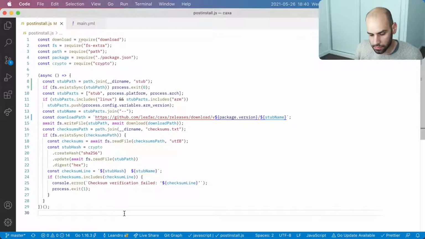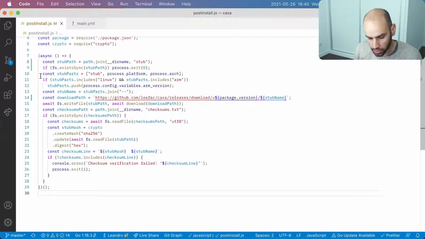Okay, so continuing here, the stub parts are the parts of the name that we will download. So we will look at the process platform and the process architecture, and then we want to check if we are on Linux ARM. We also look at the ARM version, which may be ARM version 6 or 7. I want to kind of rewrite this because I find that this includes stuff.